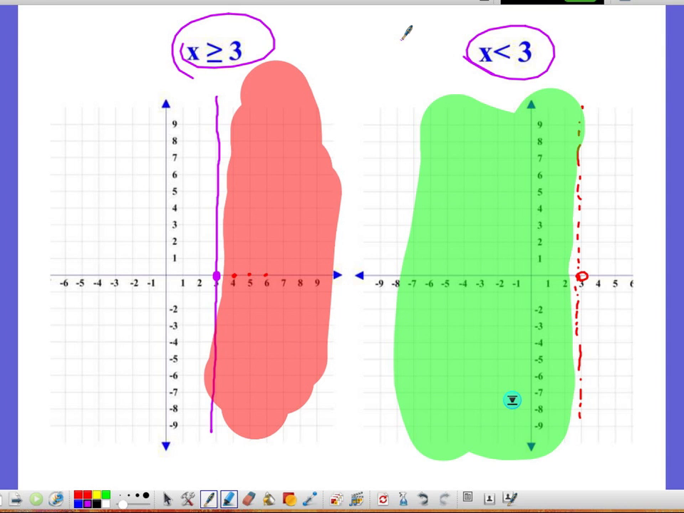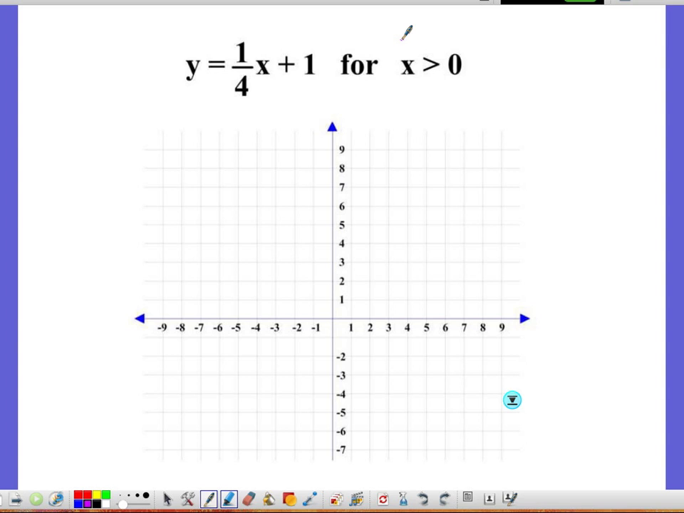Now, in order to begin understanding piecewise defined functions, we're going to look at just a very simple example before we get into the lesson. Alright, now let's go ahead and read this one. Y is equal to 1 over 4 x plus 1 for x is greater than 0. Now, something very important here that I need to point out. I am going to graph this equation,